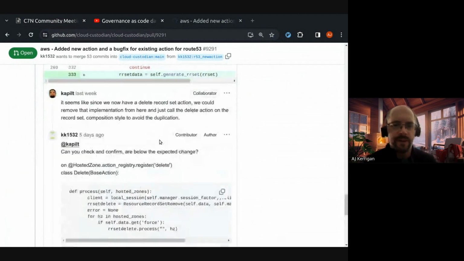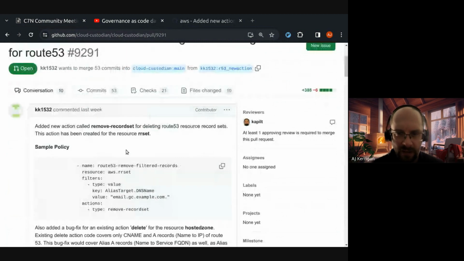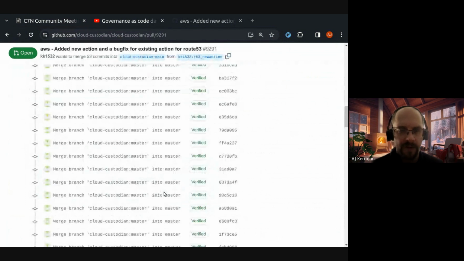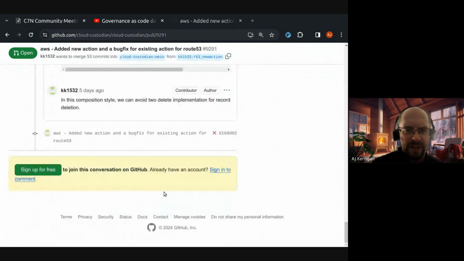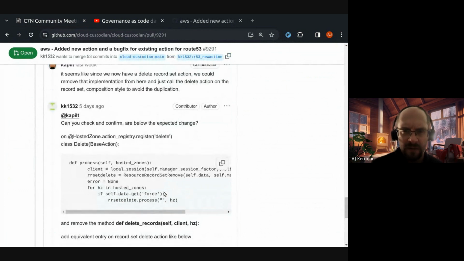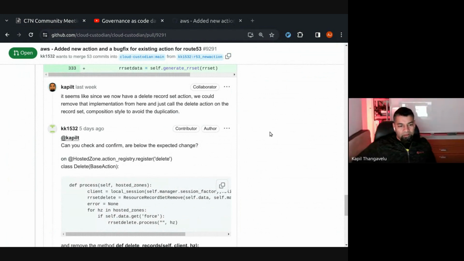So this was an action that we were adding, but it looks like there's a delete instead. Kapil, I see you already had some comments on this one. Is there anything to add to this right now?